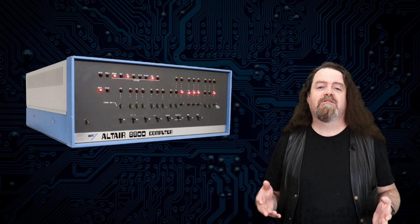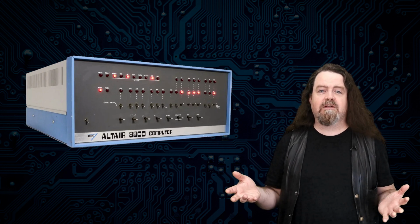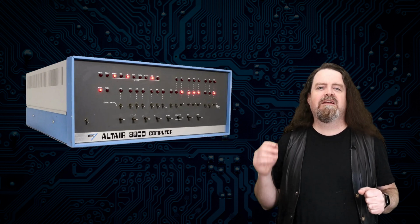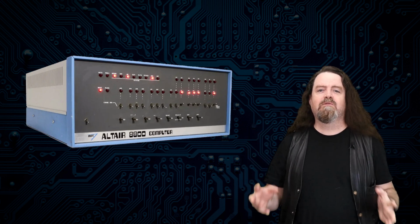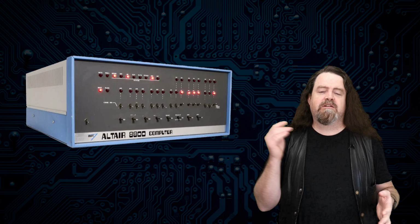IBM realized that desktop microcomputers represented an all-too-real threat to their share of the business computing market. But they also knew that the IBM name carried weight, and the best way to retain their share of an evolving market would be a desktop computer with an IBM badge on the front. But just as the lessons of Stretch paved the way for System 360, the lessons of the 360 would define